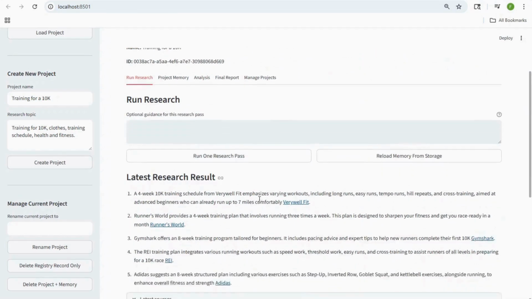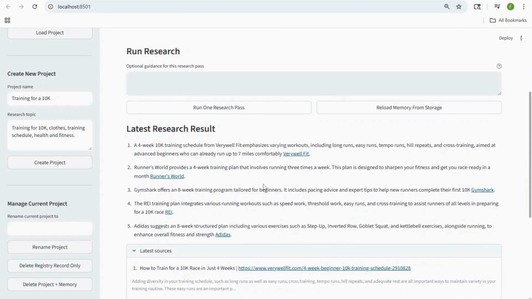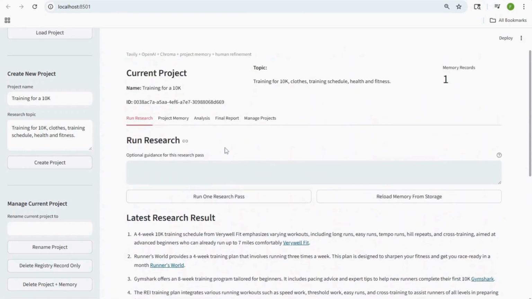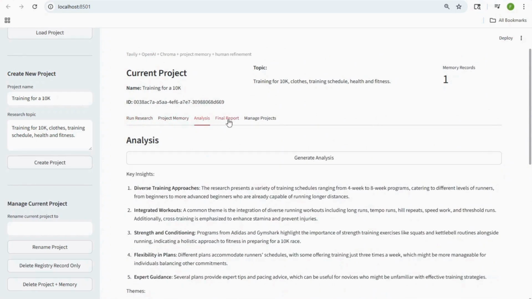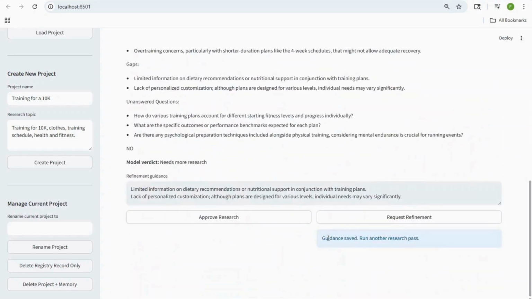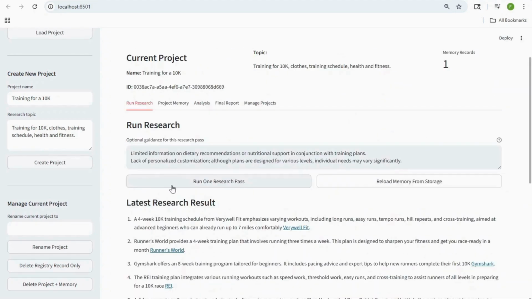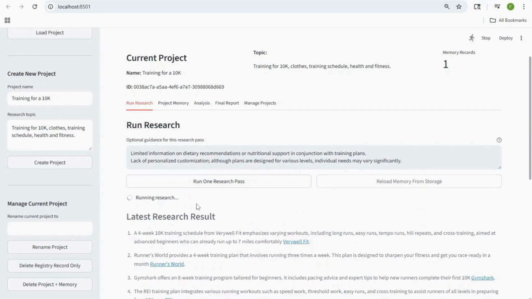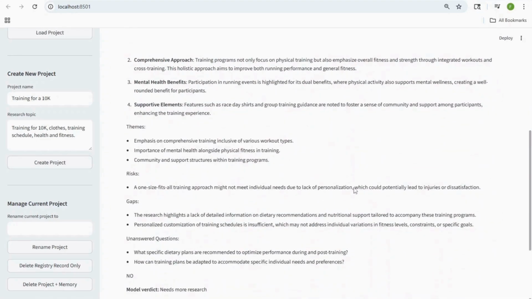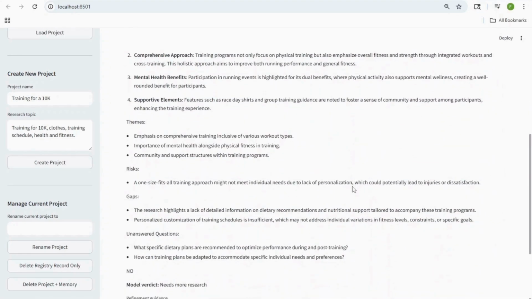After retrieving the relevant information, the agent sends the context to the OpenAI API, which generates the final response based on the question and the retrieved sources. And again, with human in the loop, we can accept the research or request refinement. The research insights are stored in a Chroma vector database, which keeps embeddings of the information.